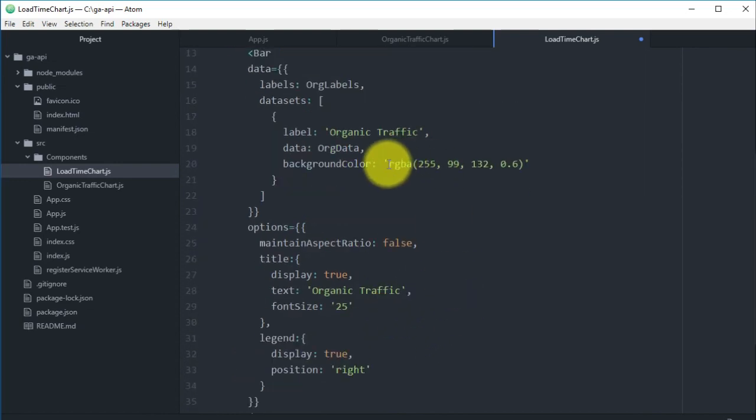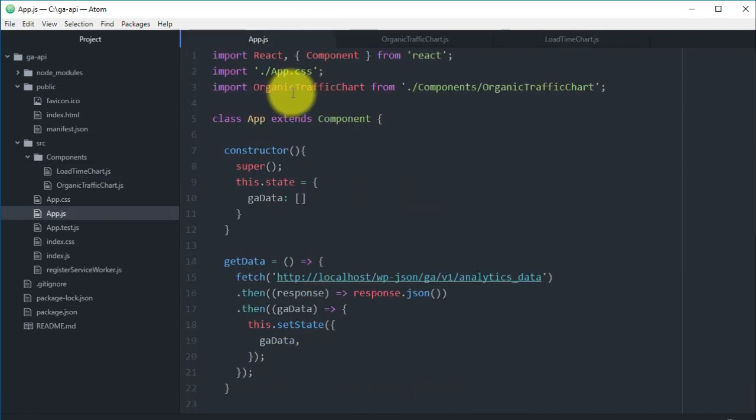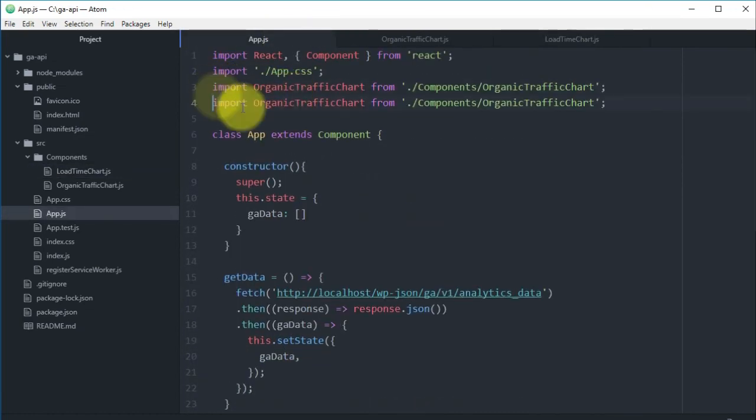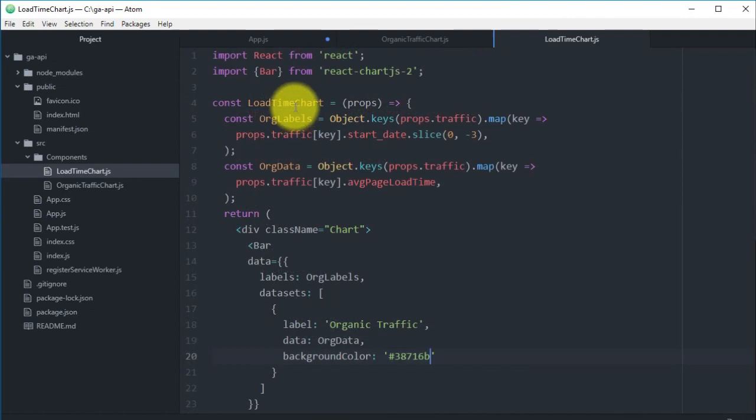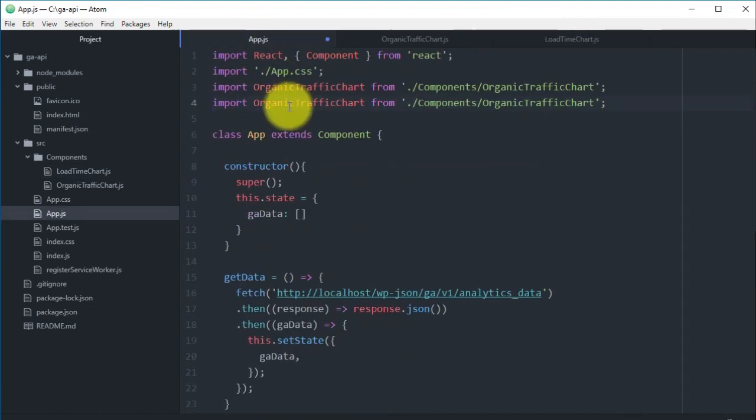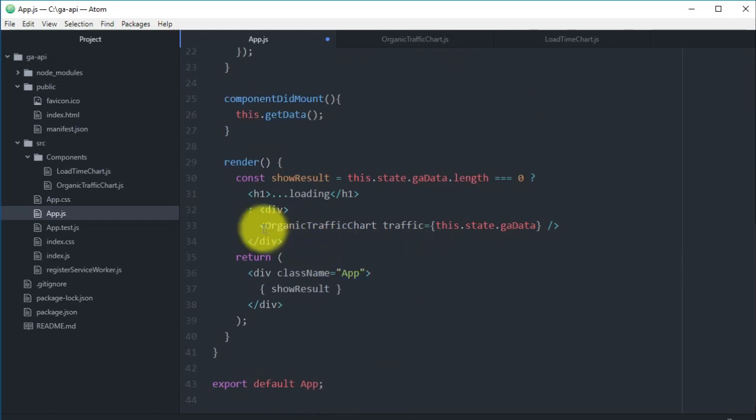Let's choose another color here. Let's just put 38716B. Okay, save this one. Let's go back in our app.js. Let's import it. So just gonna import it like that, just like that, and here wherever we have our organic traffic,